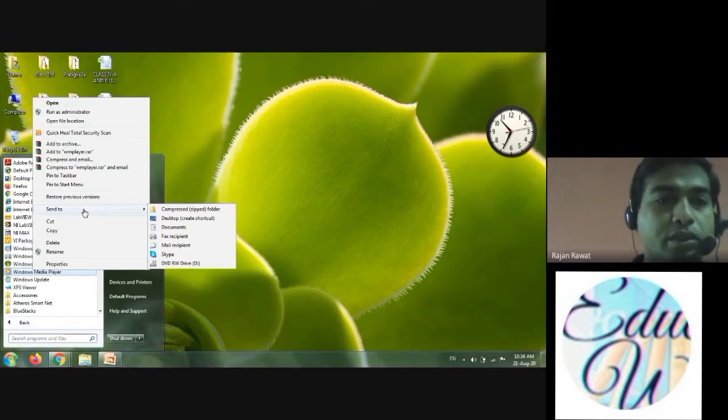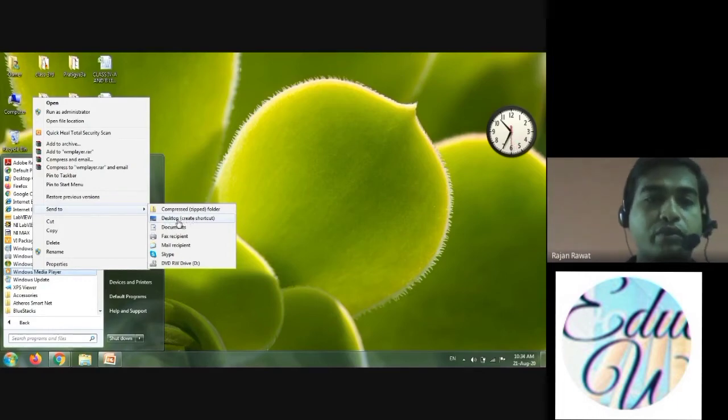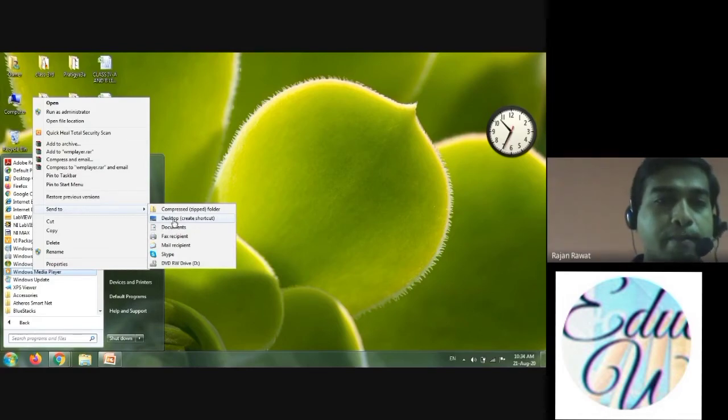As you select the send to option, it will show you one more box which has an option of desktop create shortcut. This you have to select, so I'm selecting this option, desktop create shortcut.